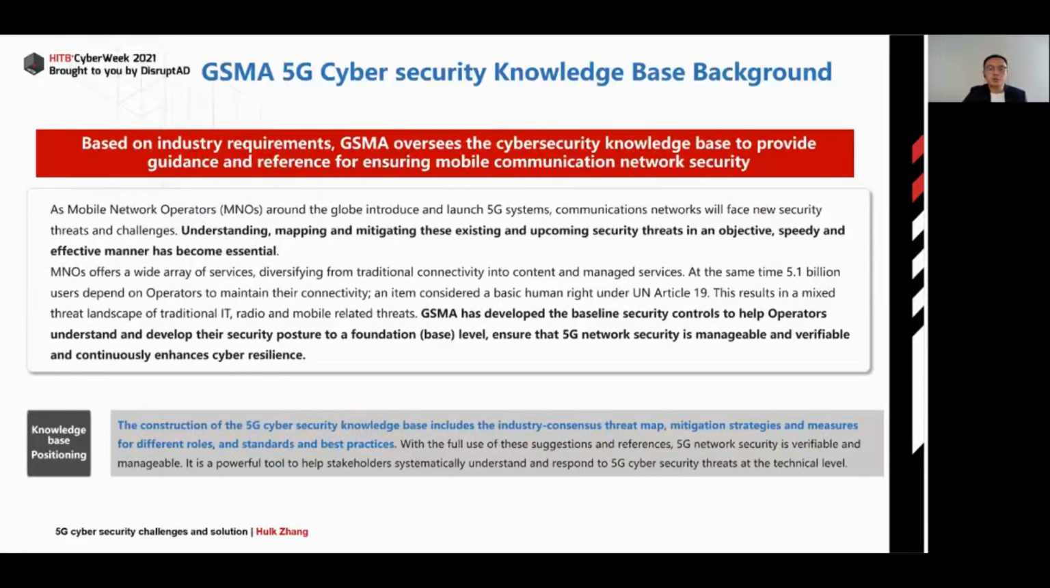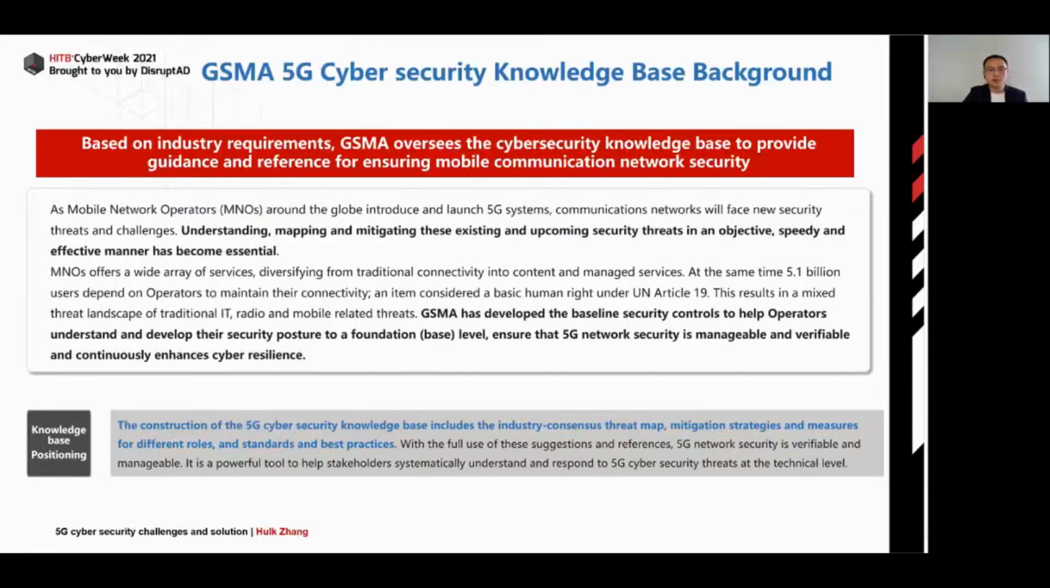Based on industry requirements, we have seen the 5G network enables thousands of industries. So there must be a massive number of security requirements. So GSMA oversees the cybersecurity knowledge base to provide guidance and references for ensuring mobile communication network security. This is because understanding, mapping, and mitigating those existing and upcoming security threats in an objective, speedy, and effective manner